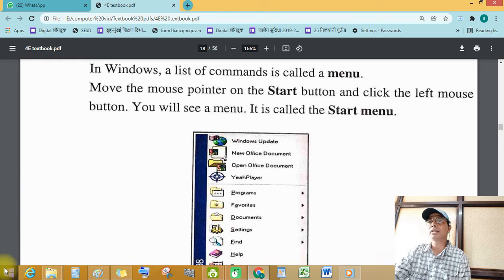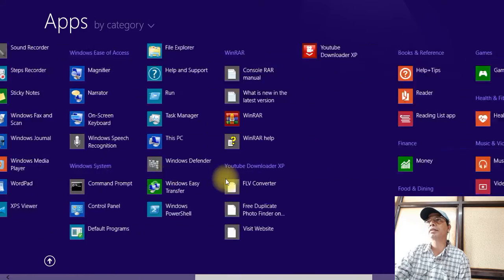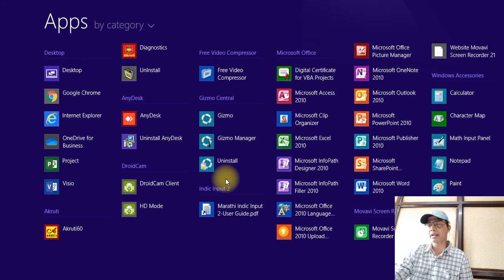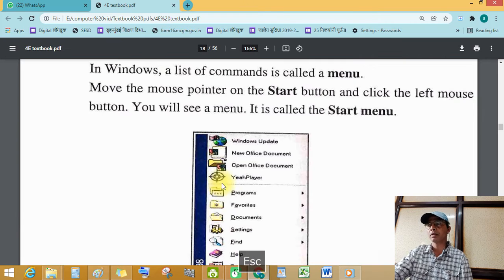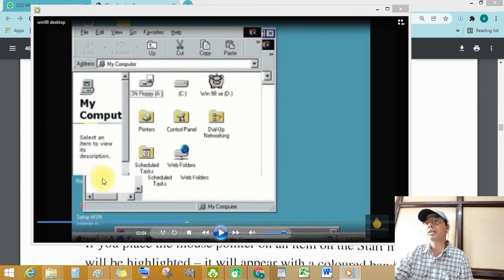See this, when I click this start button. This application looks like a different interface.